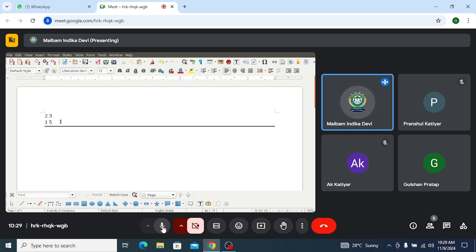Now what happened is you are trying to subtract this 5 from 3, right? Yes, ma'am. Now what happened is you assume this 3 to be 13 because this is a decimal number, so you will borrow 10. Decimal means 10 value, so you borrow 10. That's why 10 plus 3 is 13. Clear? Yes, ma'am. So 13 minus 5, you write the answer. 13 minus 5 is 8.